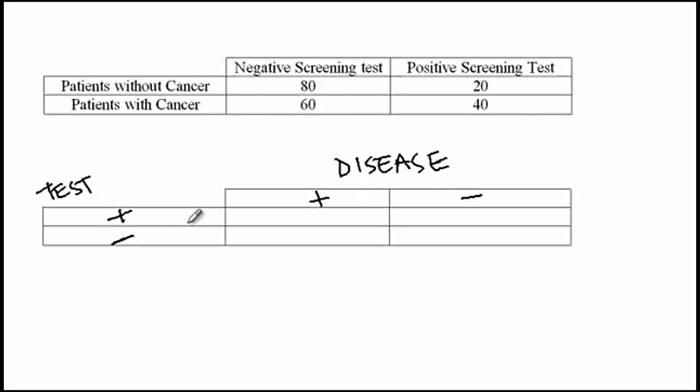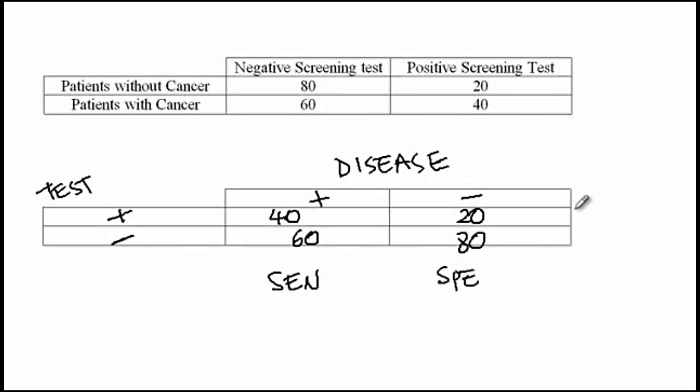So for someone who has the disease and tests positive, so patient with cancer and positive screening test, it would be the value 40 here. For someone who tests positive and does not have the disease, that would be 20. For someone who tests negative and does have cancer, that would be 60. And then for someone who tests negative and does not have cancer, that would be 80. So now it's placed in a correct arrangement, and now that would be so easy to calculate